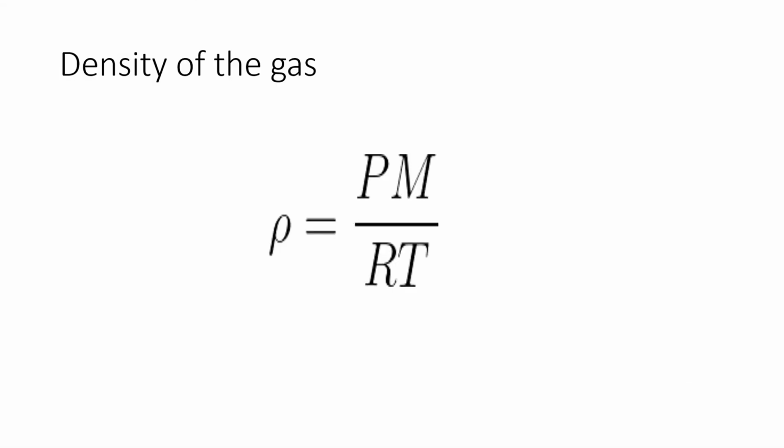So, the density of the gas. See why I am calculating the density of the gas? There is a question, why? Since they are asking for the pressure at the bottom of the vertical tube, there will be a hydrostatic pressure exerted due to the height of the tube, right? So for this we know the hydrostatic pressure. How do we calculate the hydrostatic pressure? From the hydrostatic law, P is equal to rho into g into h, density into g into h, where h is the height. So we need to calculate the density of the gas.